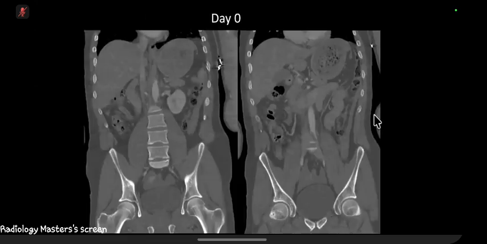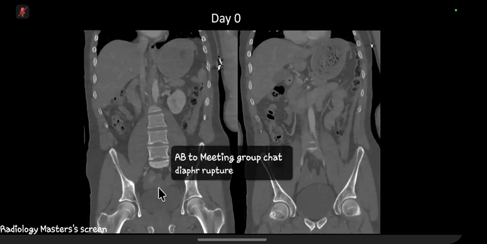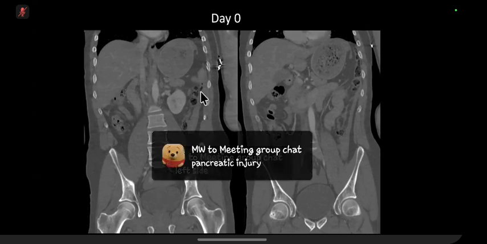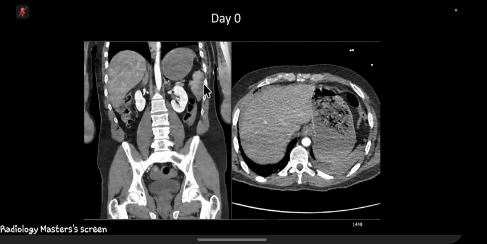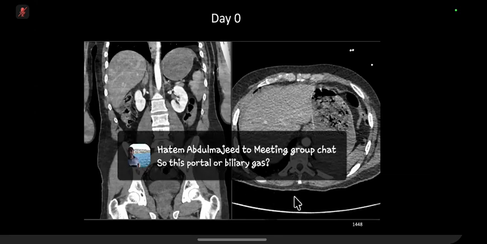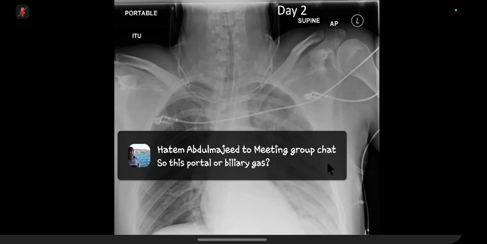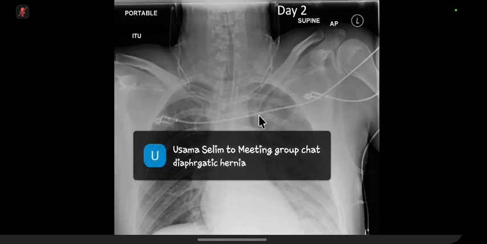Okay, this is a trauma case, day naught. We've got a fracture here. We've got a fracture here. There's some blood in the pelvis, and there's a hemothorax. There's the axial view, which goes with the fractures in the ribs at this point. The next day, or sorry, 2 days later, supine film got increased opacification of the left hemithorax, and that's due to the